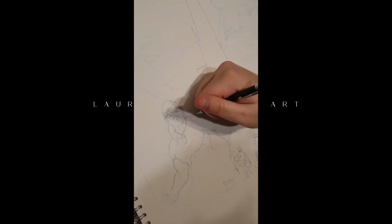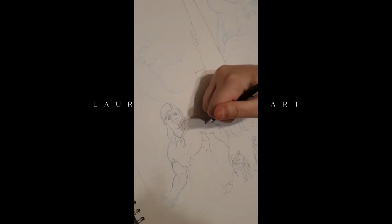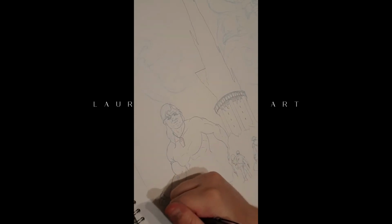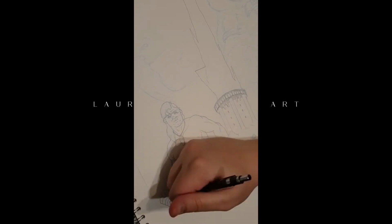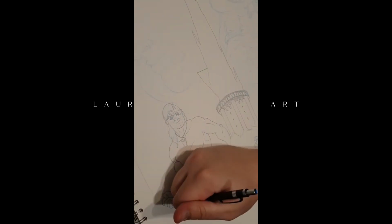But yeah, right now what I'm doing is I'm just mapping out his physique. A lot of it is going to be lost when I go in to do the shading, but I always like to know where things are going, even if I know inevitably they're going to be lost. With moments like this, it's always quite nerve-wracking,